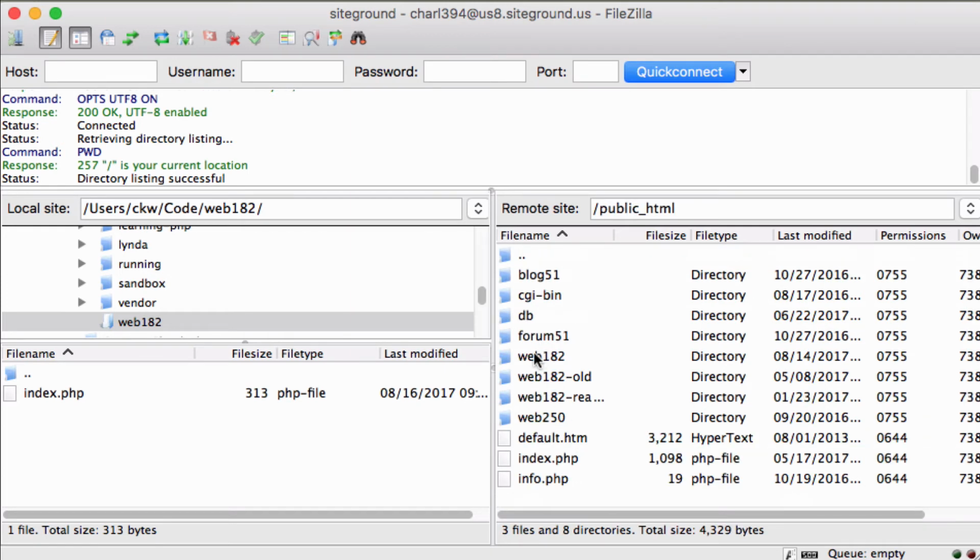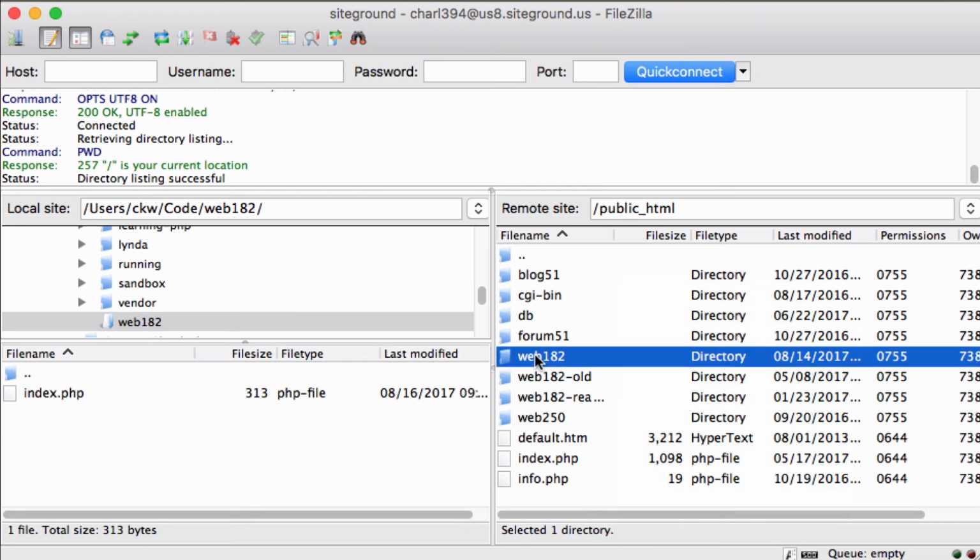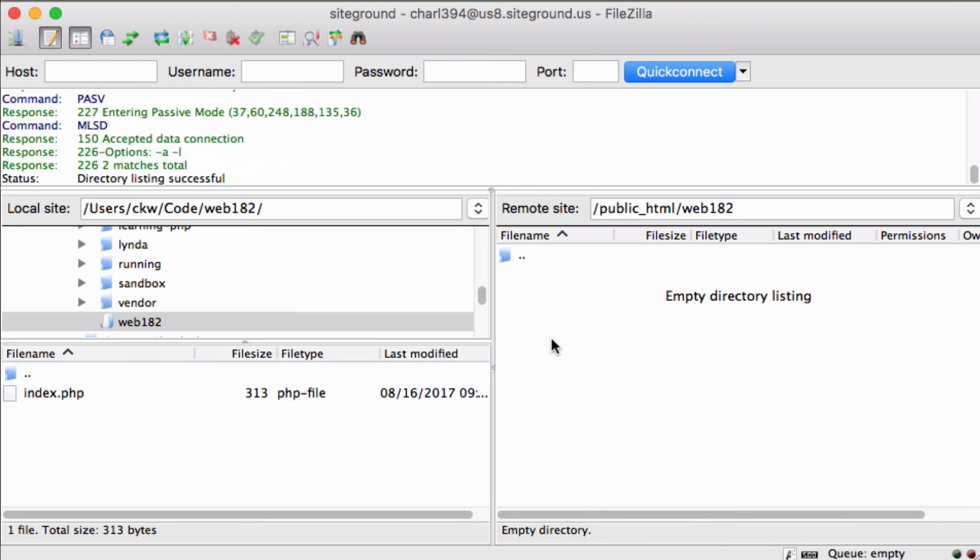I've got a Web 182 folder in here I've already created. To create a folder in here, much like any other, you can right click and create a new directory to store your Web 182 folder. I've already created mine, and let's see, I'll open that. So it's empty, and all I can do now is just drag